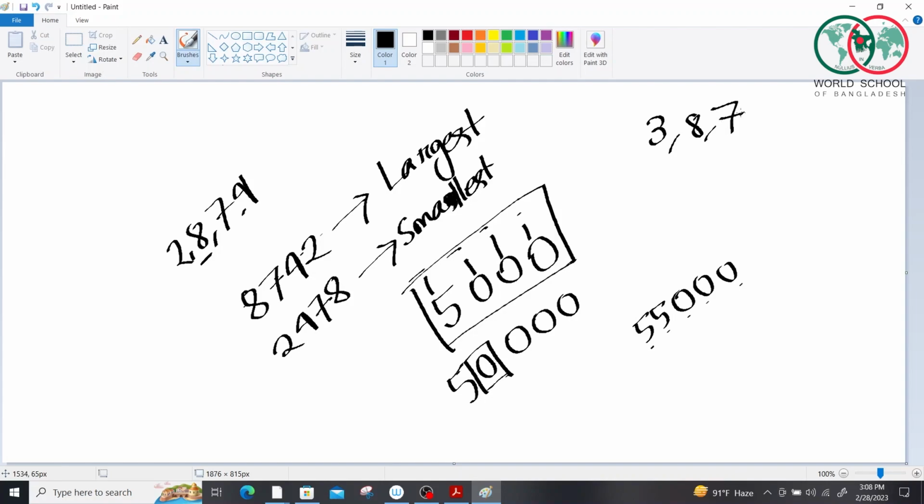Again we'll follow the same thing. The highest value digit is 8, so we'll write 8. Now we will repeat the highest value digit twice, because now we are trying to find out the highest value number. So 8, then after 8 is 7 and 3. So this becomes the